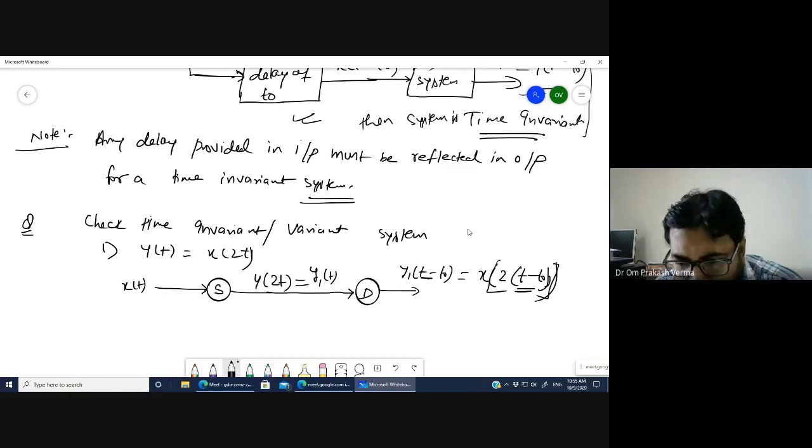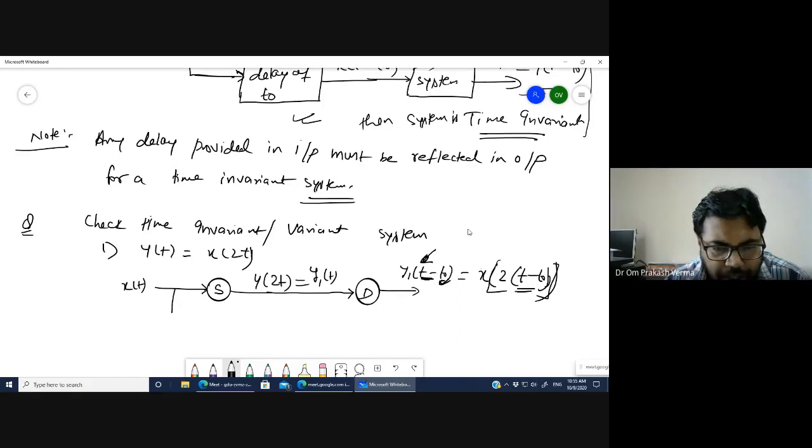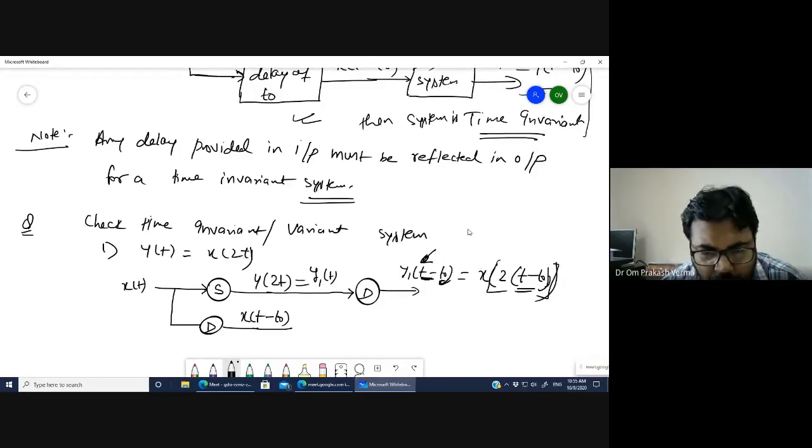Okay, you are delaying the time t naught. You are delaying the t naught in the time of y1(t). In a similar way, you can first delay. So first you are delaying, and you will get x of t minus t naught. One or two problems may be asked. 100% it will be asked in your exam, in your quiz, in your GATE problem, in any of the problems, right? LTI system. Either this is the LTI system or not, linear time invariant system or not. So you have to check first the linearity, then you have to check the time invariant system.